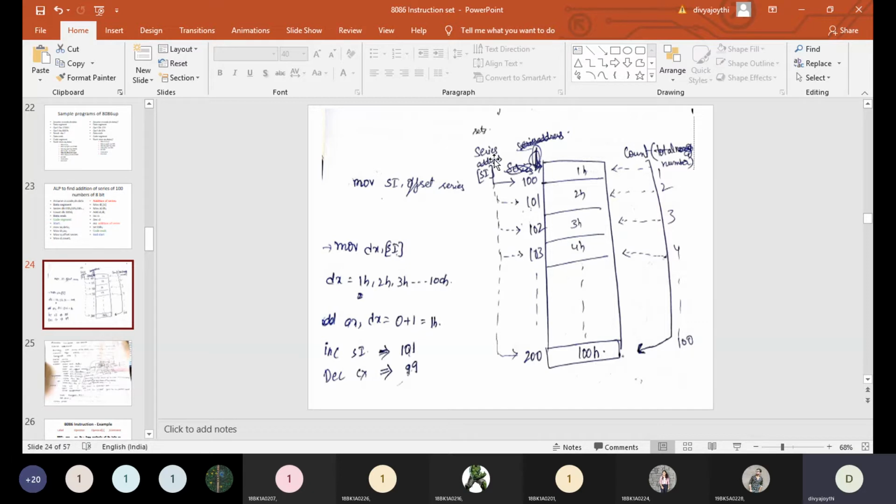These are all the address values, and these are the values present at each address. Say for example, at address 100 the value present is 1H. At address 101, the value present is 2. At address 102, the value present is 3. Like that, at address 200, the value present is 100H.